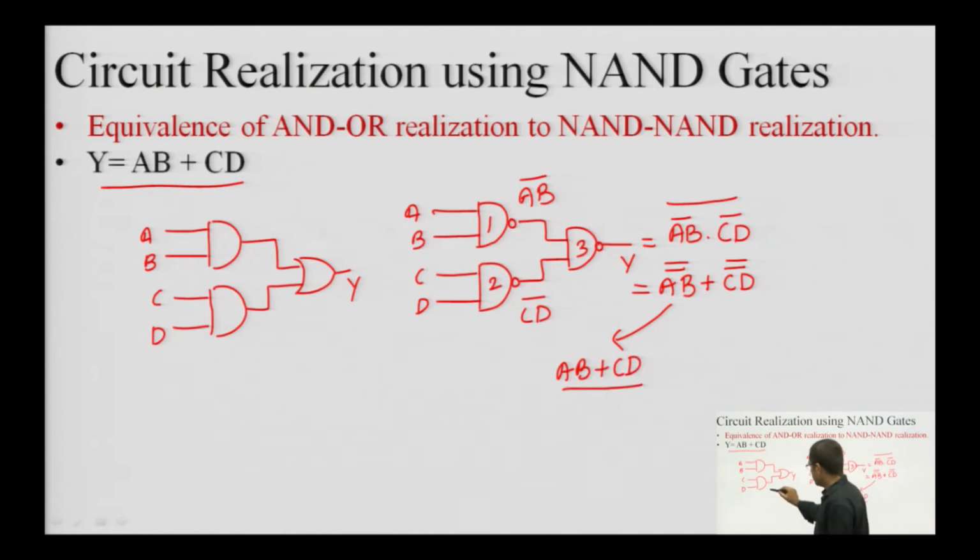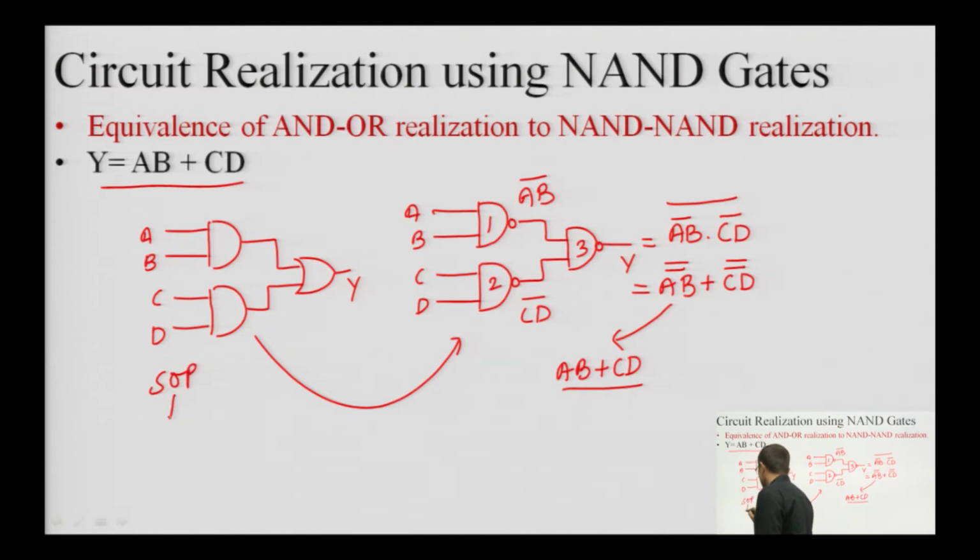That means, I can say that this AND OR based structure is exactly similar to the NAND structure. That means, I am authorized to replace AND and OR gates with NAND gates. That means, NAND based structures can be easily prepared for AND OR structures, and AND OR structures are directly related to SOP. Okay. So, SOP, AND OR and NAND, all these three things are interrelated with each other. SOP, AND OR and NAND.